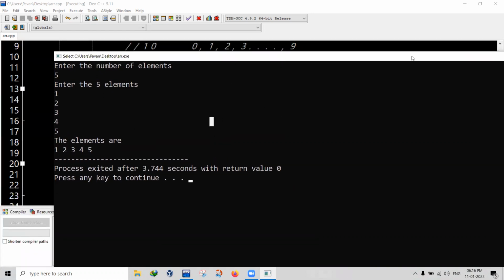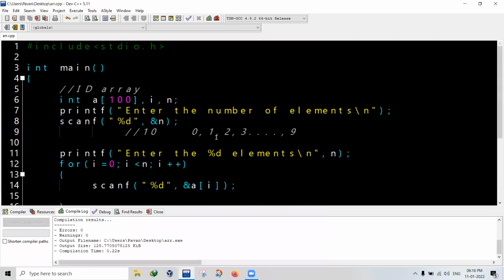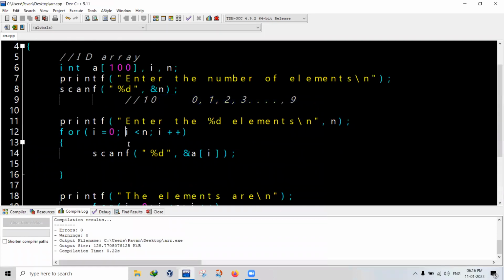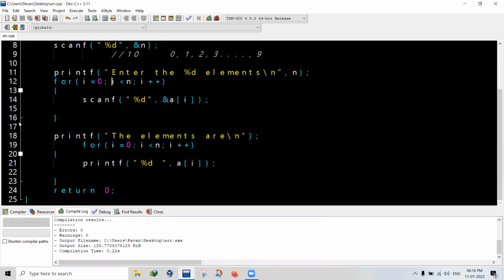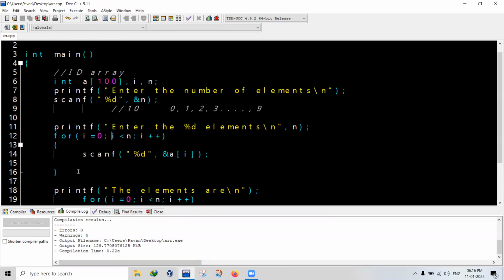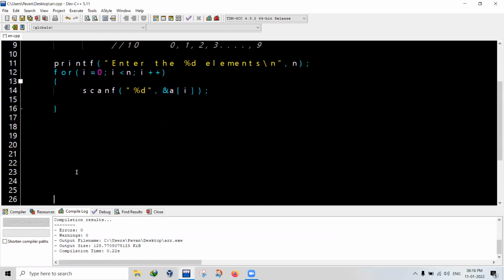This is a single dimensional array where we can store n elements in the same variable, right? I have given the theoretical part in the previous video. If in case you haven't seen it, please watch it. I request you to please watch it. Okay, now let's do some operations.